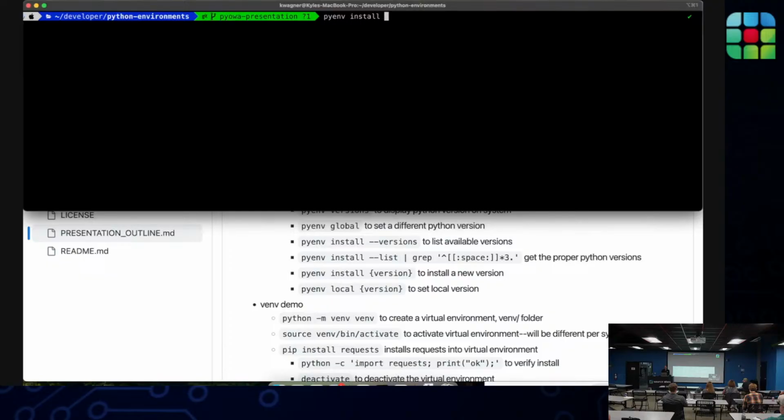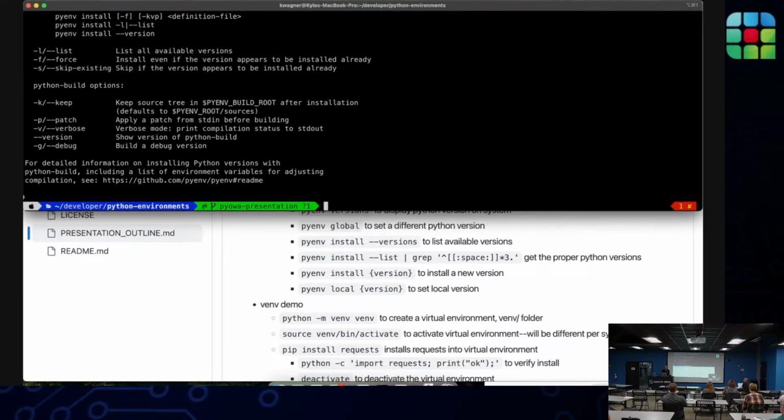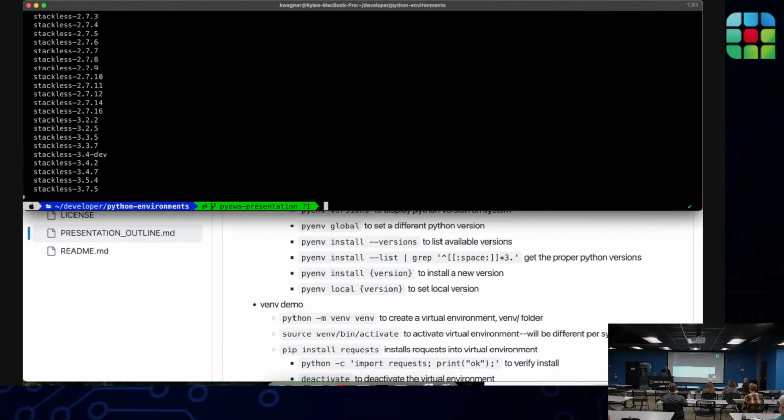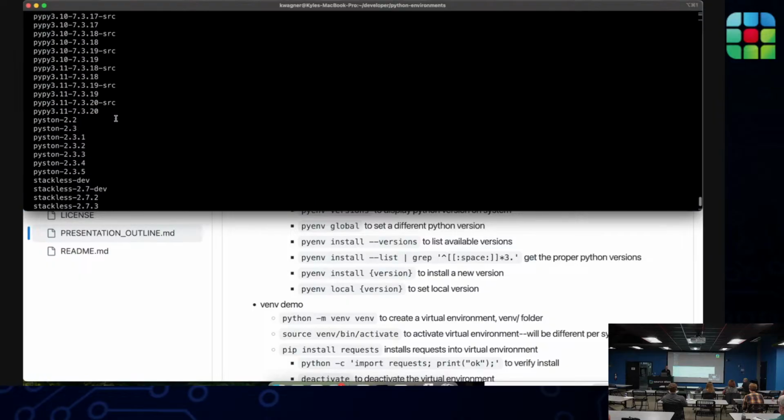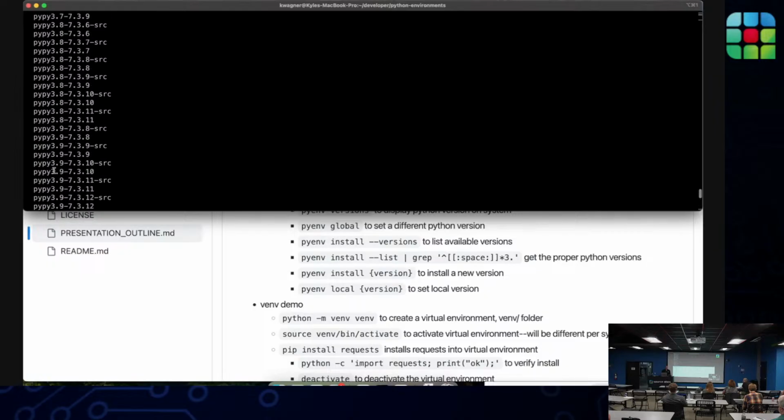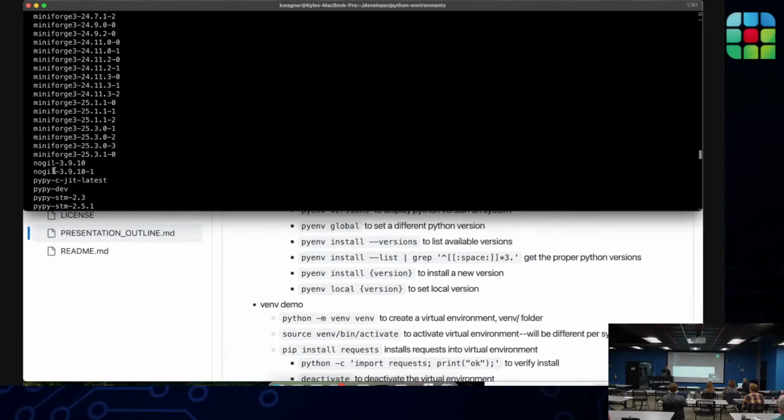We can view what versions are available for installation by invoking pyenv install and then versions. Or that's not correct, it's list. pyenv install list. So this dumps out a long list of all of the different versions of Python that are available. You notice a lot of these are prefixed with something like stackless, PyPy, there's Miniconda or Anaconda versions in here.